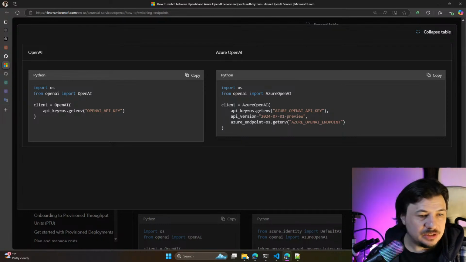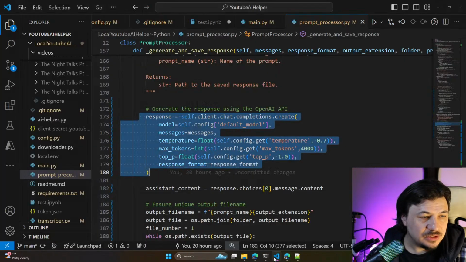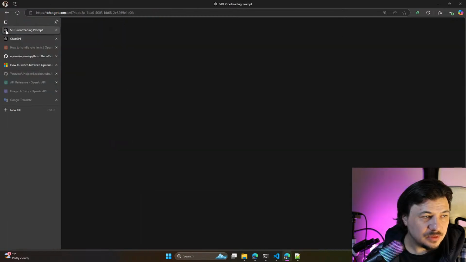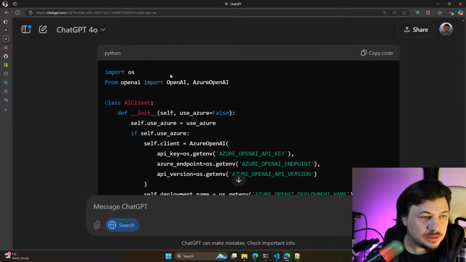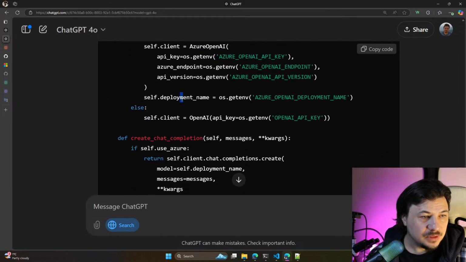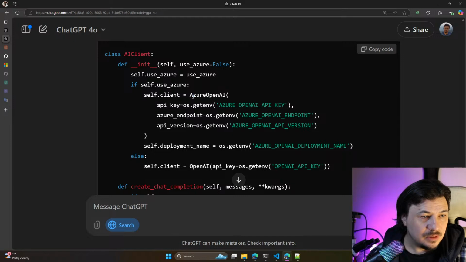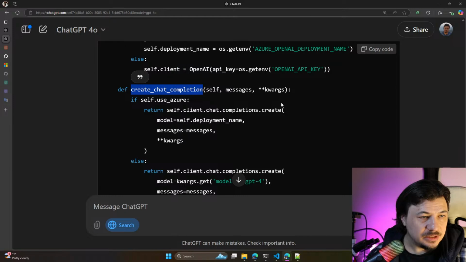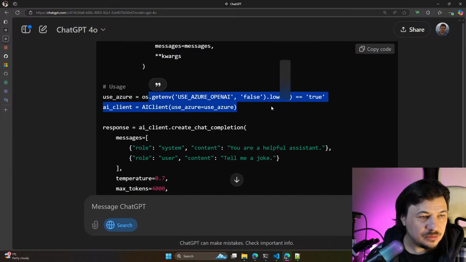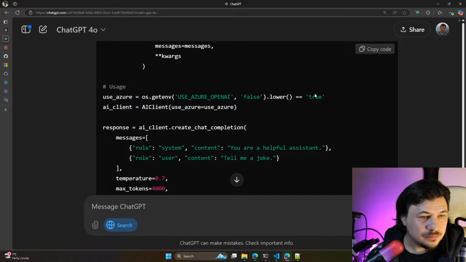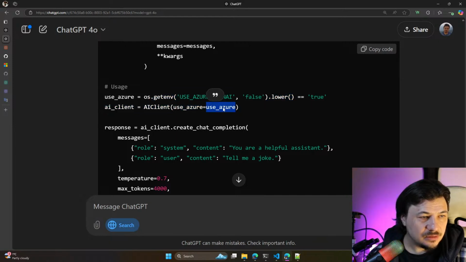So it's the changes. Yeah, very similar to what we've seen in the chat response. Let's see the chat response once again. Our thing is here: init, deployment client, Azure OpenAI, init, create chat completion, kwargs, okay, use Azure.